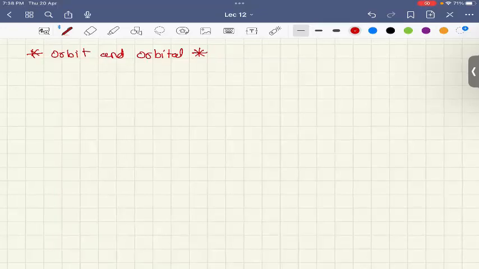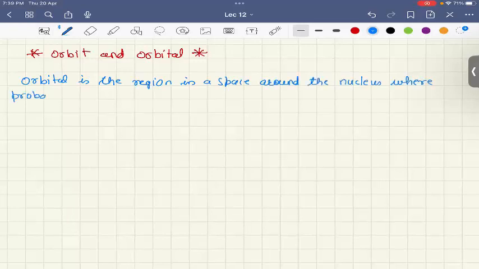So, let's write this down. Orbital is the region in space around the nucleus where the probability of finding an electron is maximum,